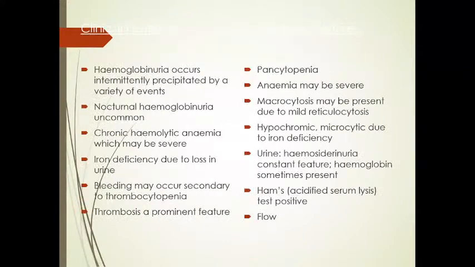Okay, so what are the clinical features? So hemoglobinuria, and traditionally this has been described as coke-colored urine first thing in the morning, but basically you do get this hemoglobinuria that usually is precipitated by a number of events. Could be infection, could be a fever. This nocturnal hemoglobinuria, although it's much touted and seen in a lot of books, is not as common. We get a chronic hemolytic anemia that can be quite severe, and it's coupled with an iron deficiency because of